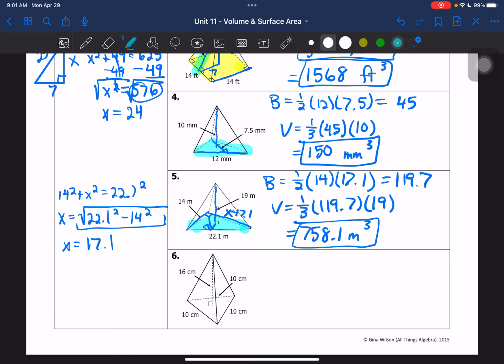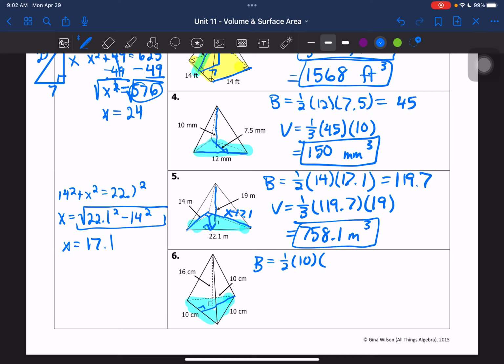All right, so let's look at number 6. Once again, we are looking at a triangular pyramid, and the base, that triangle, seems like it's an equilateral triangle because all of the sides measure 10. So any one of the sides could be your base. The height of the triangle would just have to be some sort of line that creates a right angle with the base. So if I say that 1/2 times 10 times whatever the height is,